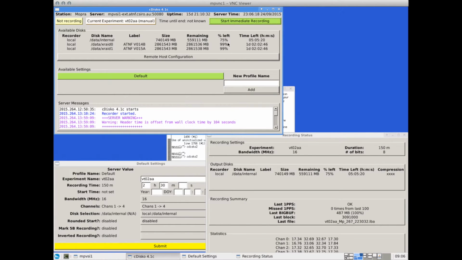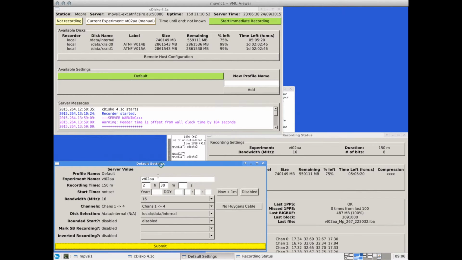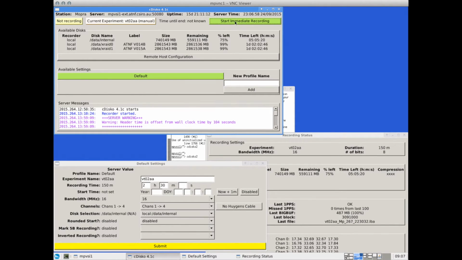Recording, like the rest of the main 18F antennas, is done during the C-Disco program. There's a separate video tutorial on using that. But briefly, as a summary, you just put the antenna experiment name in, the recording time, you set the recording mode, bandwidth, number of channels, choose the disk you want, you submit the changes, then just check that all those values are through, then you click the start immediate recording or start delayed recording on the main window,